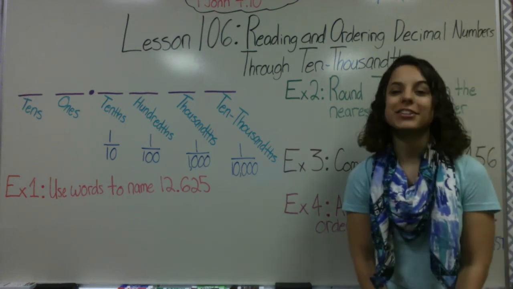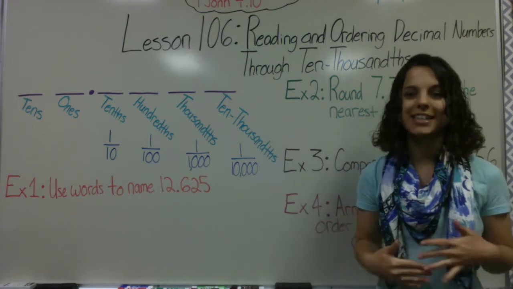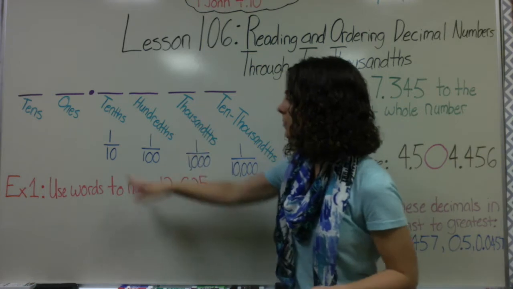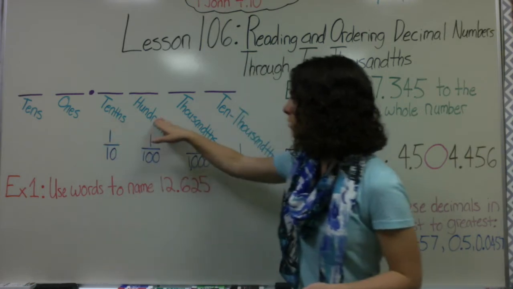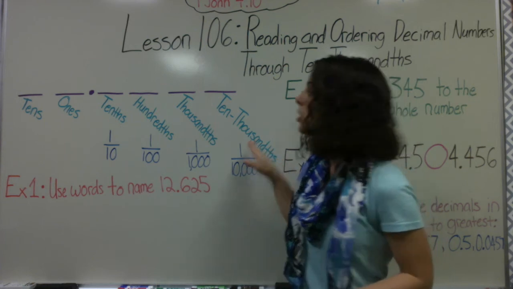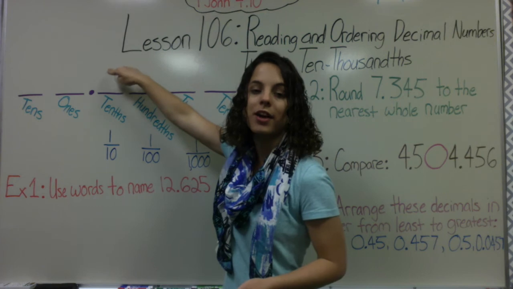Welcome to lesson 106. This is about reading and ordering decimal numbers through 10,000ths. Now we've already done our place values up through the thousandths place. We have tenths, hundredths, thousandths, and now we have the 10,000ths place. As a quick review, whenever I have a tenths place